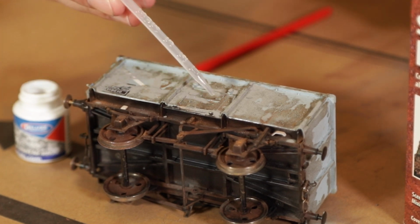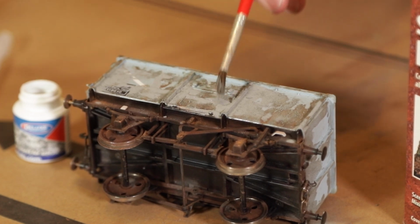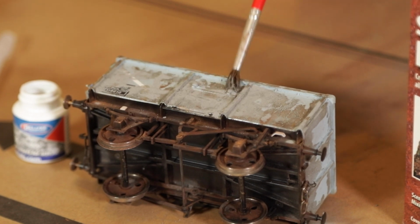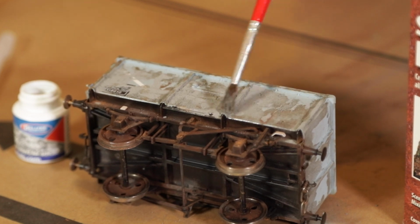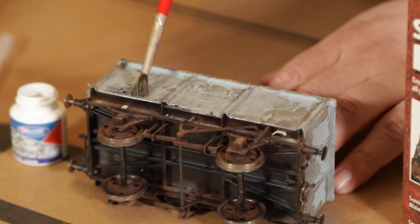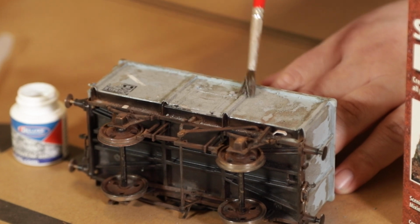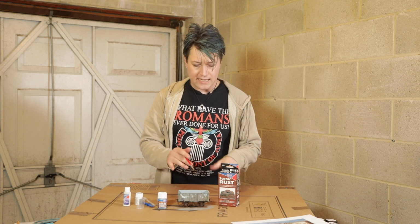Putting it over where I believe I put everything, so just give it a gentle tap into place, mold it around with the brush. A lot of this is going to fall off again, of course, when you actually pick the wagon up. So by putting it on in this particular way, at least you're guaranteed of the dust going over where the binding agent is. So now that we've put our powder on top of where all the new binding agent is,